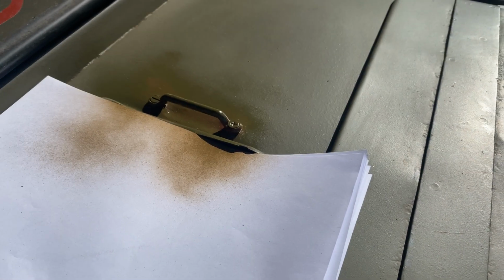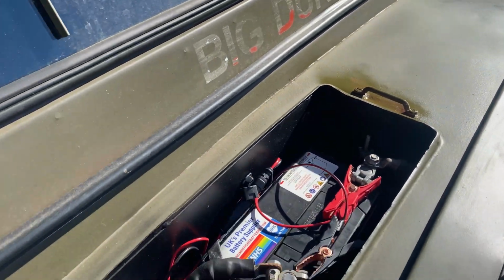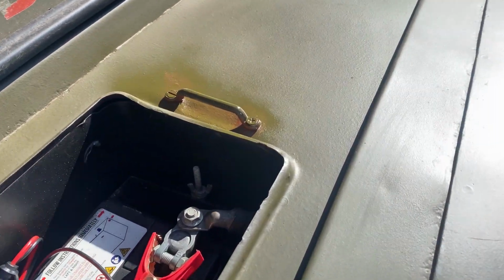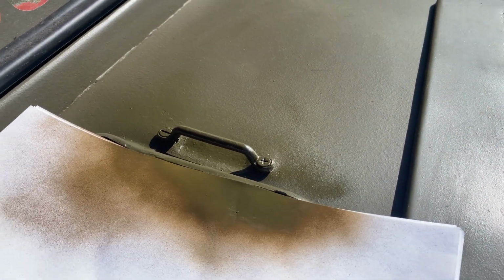So that's what we'll do for that coat. Let that dry off, which doesn't take too long, and then we'll come back and we'll put another. So this is coat 2. Seems to have had a cobweb grow between coats. So yeah, this is coat 2,